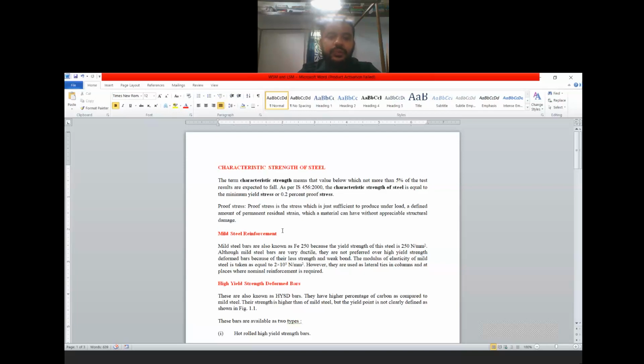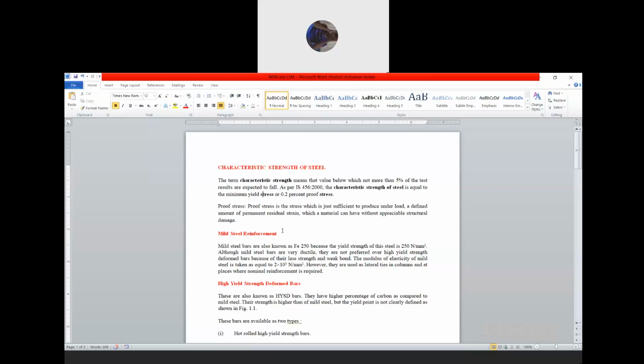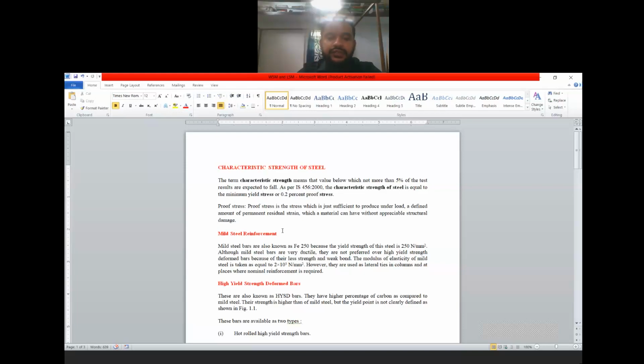Okay, I hope all of you know elastic region. Elastic region means within elastic region, if you put load, deformation will occur. If you remove the load, it will come back to its original position. That region is known as elastic region. But as soon as we cross the elastic region, if you put any extra load, permanent deformation will occur. Okay, so at that point, whatever stress you will get, that will be known as yield stress.